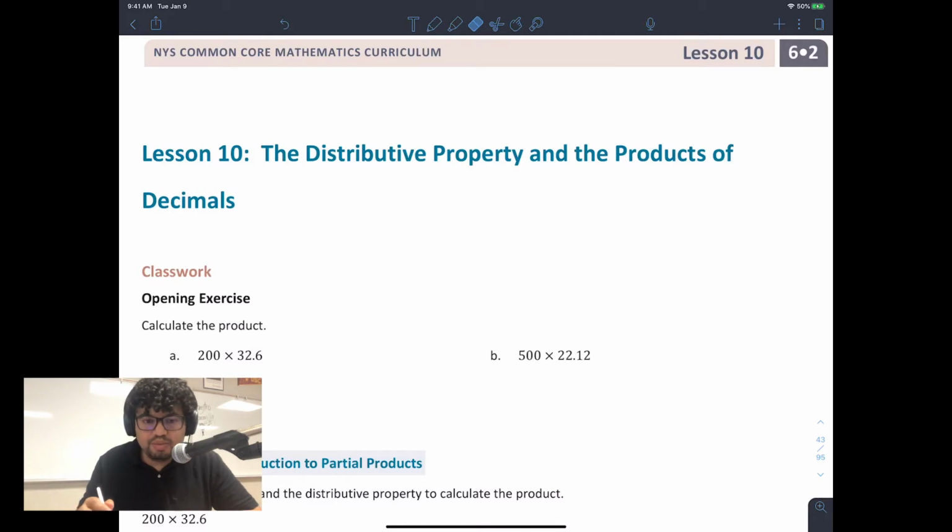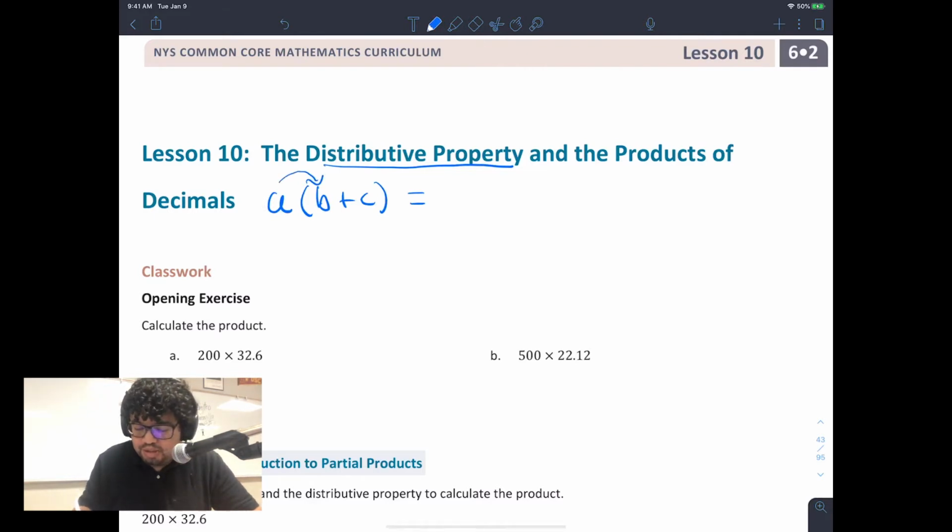In this lesson, we're going to start getting into some basic concepts of algebra. One of those concepts is the distributive property. What is the distributive property? It tells us that when you have a number a and another group of numbers, say b plus c, this is equal to distributing the a into both of those numbers. So we say a times b